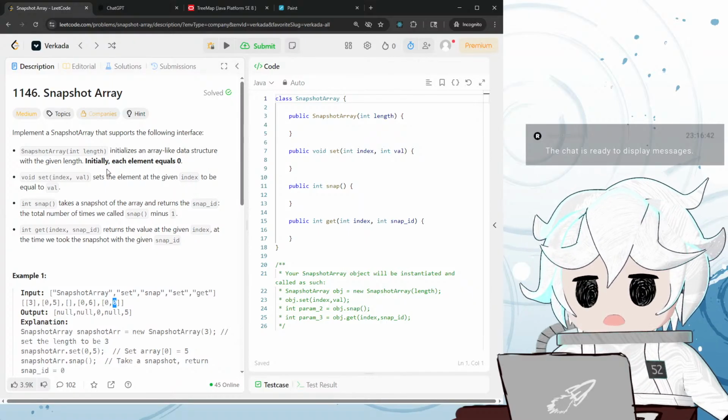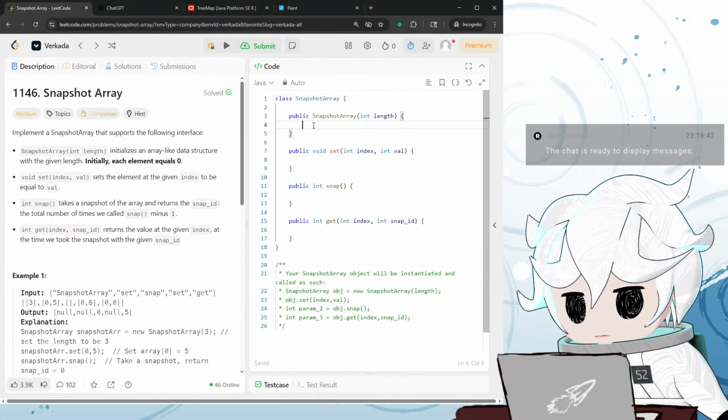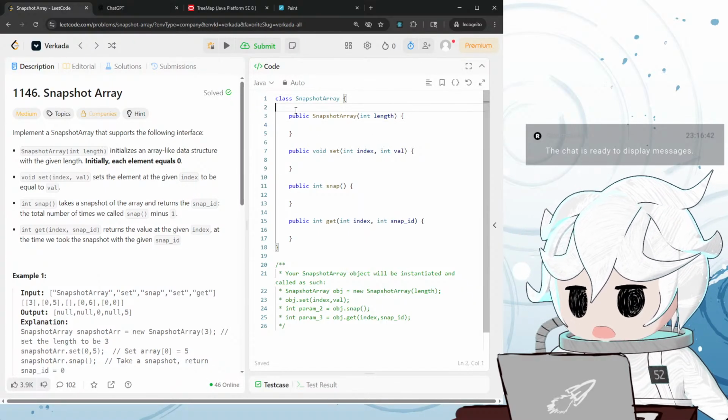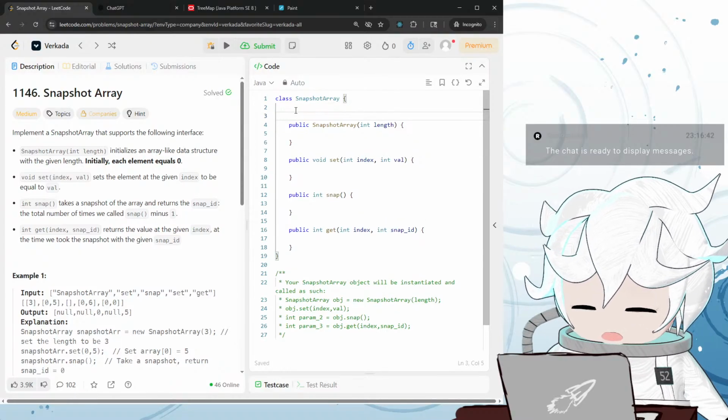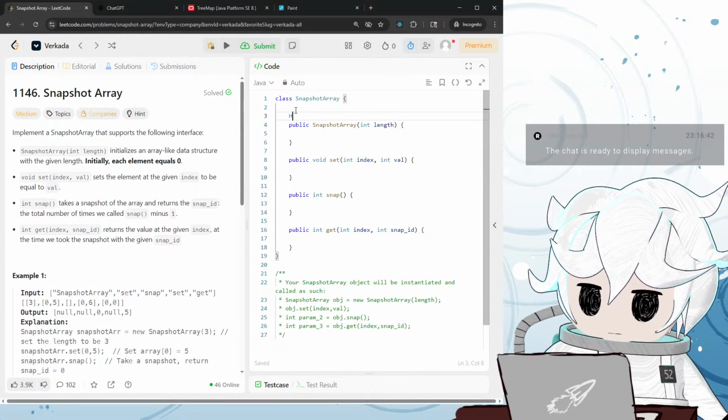So snapshot array, what do we do in the constructor? We should set up our data structures, right? So on top we have a